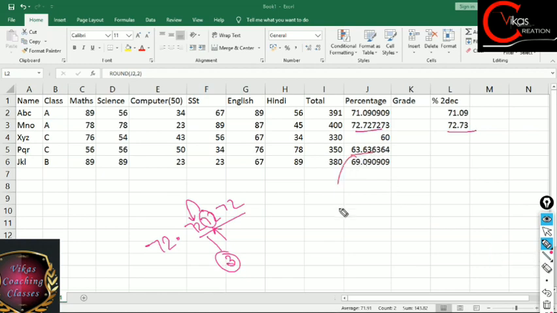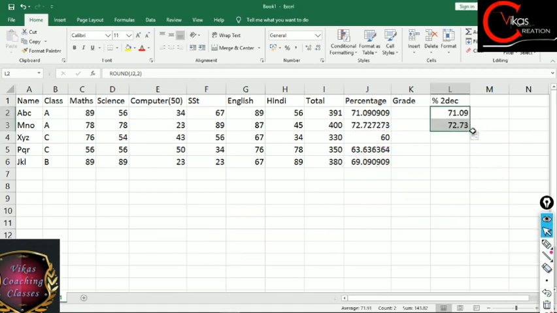सिमिलरली इन दिस वन, ये जो 63 पॉइंट वाला लिखा हुआ है, इसमें हम लोगों को मिलेगा 63.64, और इस वाले में हम लोगों को मिलेगा 69.09। और यहाँ पे तो डेसिमल है ही नहीं, तो यहाँ पे इसलिए कुछ भी ऐसा वाला नहीं आएगा, हो सकता है 2 0 लग जाए। तो ड्रॉप डाउन करते हैं भाई सिंपली इसको सिलेक्ट करके फिर से, एंड एज यू कैन सी दैट वी हैव गॉट ऑल दीज percentage values without the extra decimal points. Fine. So it was a use of a round function.